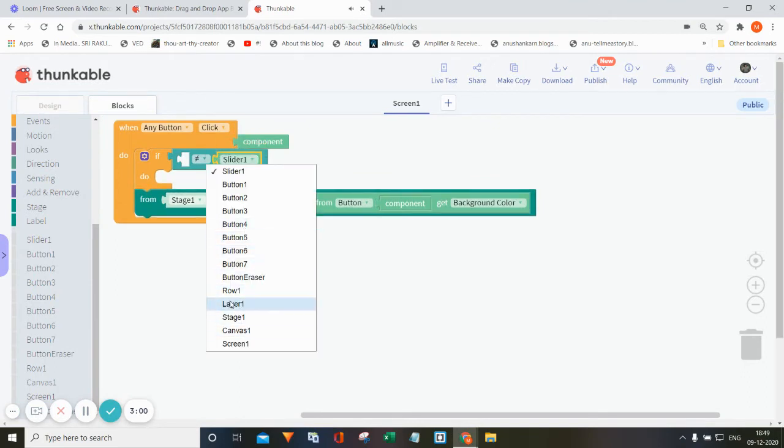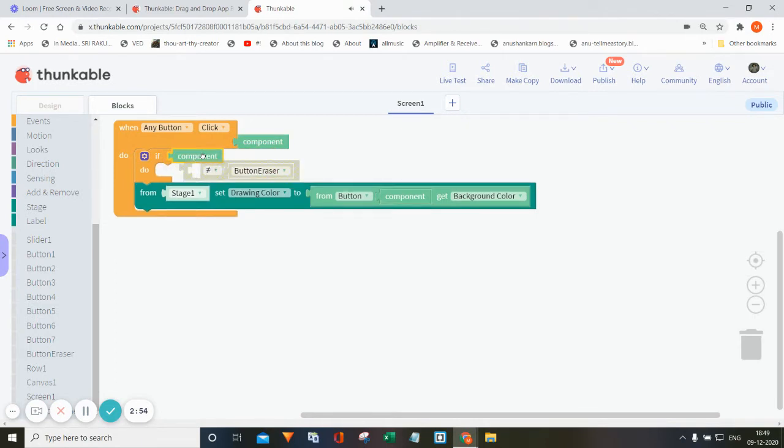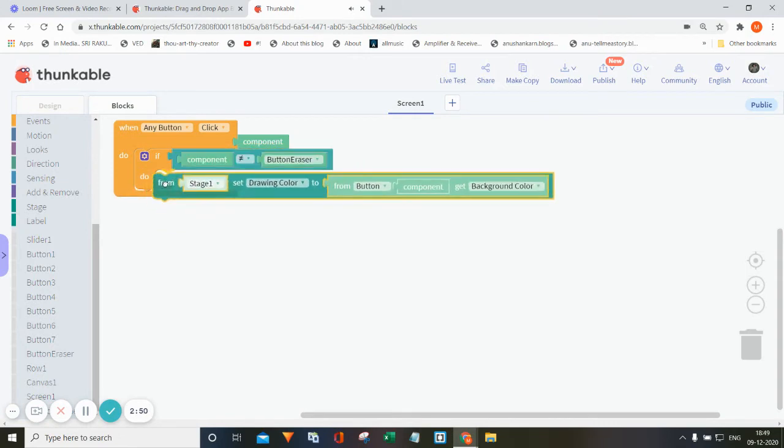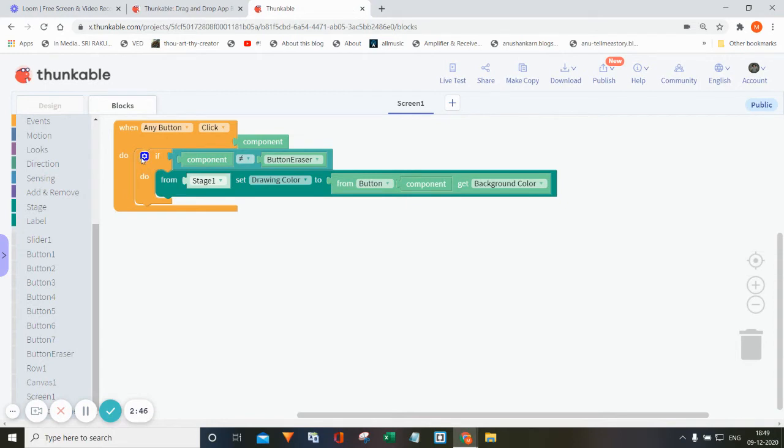If component is not equal to button eraser, that is, if the button clicked is not button eraser, set the drawing color to the background color, else